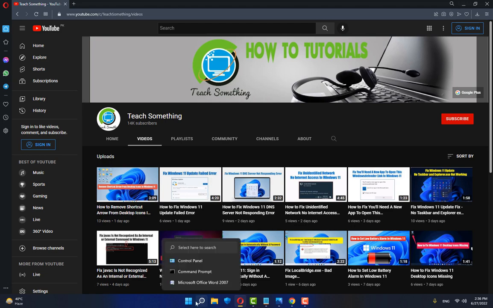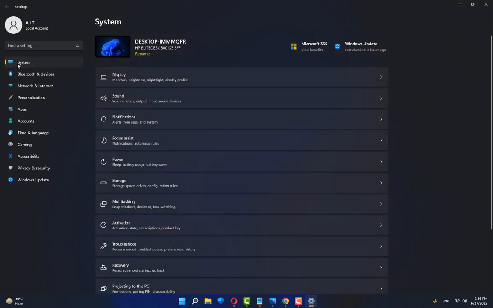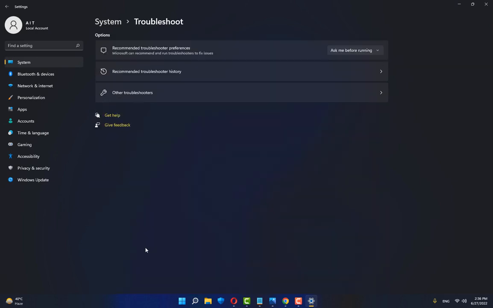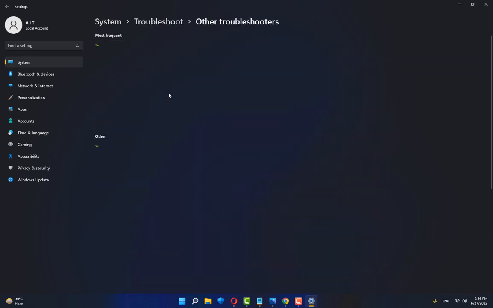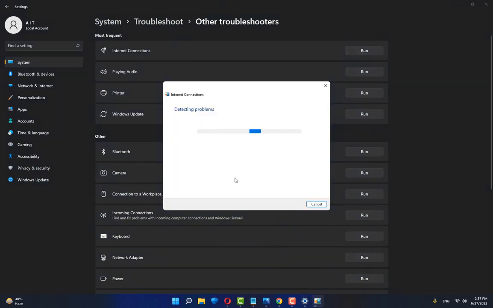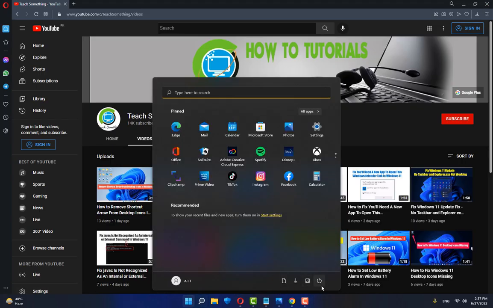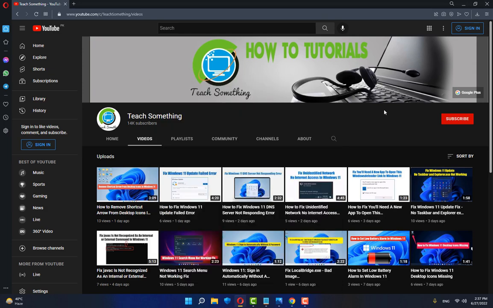The next method is that in the search box, go to your settings of your Windows, go to system, click on troubleshoot, click on other troubleshooters, click on network connection and click on run. Click and close, and after doing this step, restart your computer, and I am sure that after doing this step